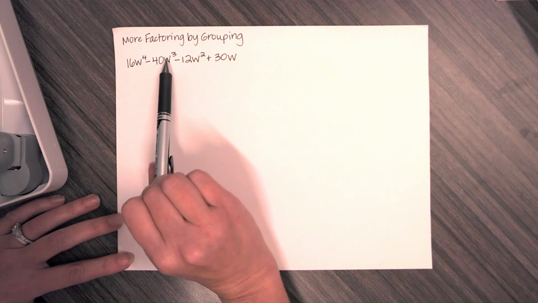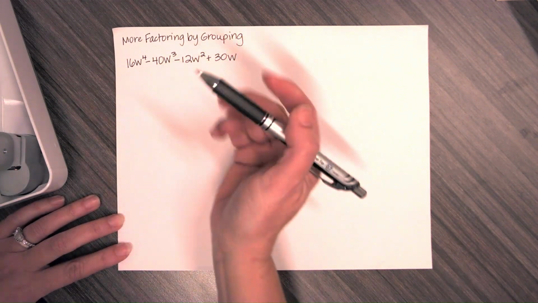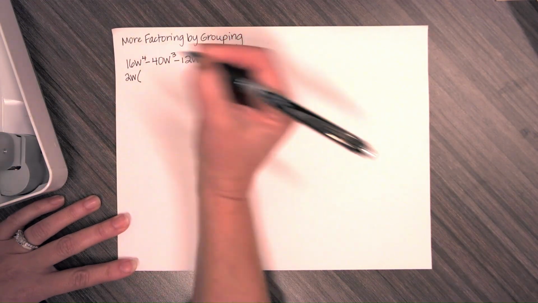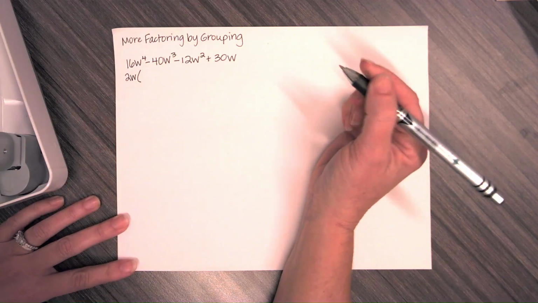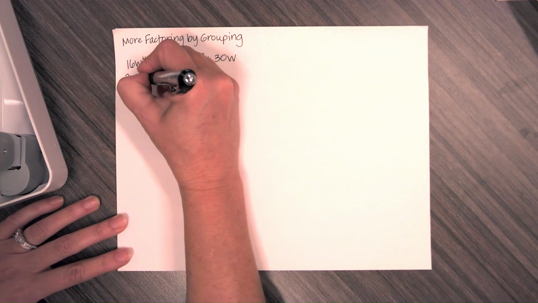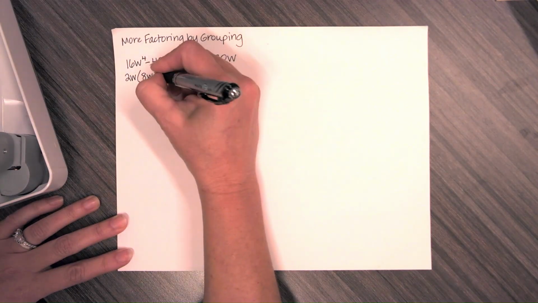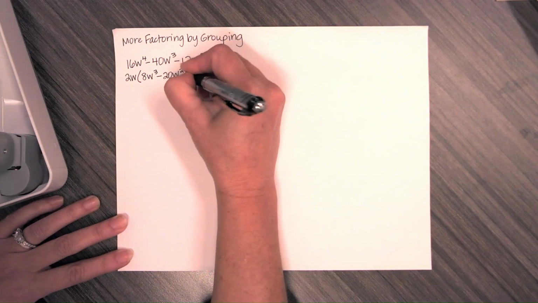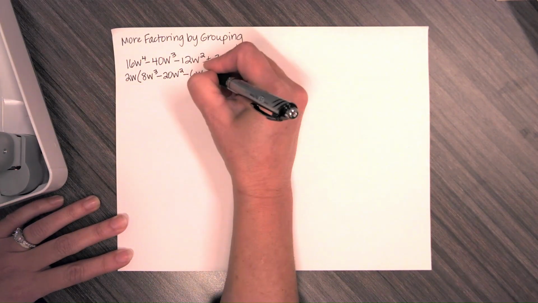And then they also all have a w that can be factored out. So the first thing I'm going to do is factor out a greatest common factor of 2w for the entire polynomial. That's going to leave me with 8w to the third power minus 20w squared minus 6w